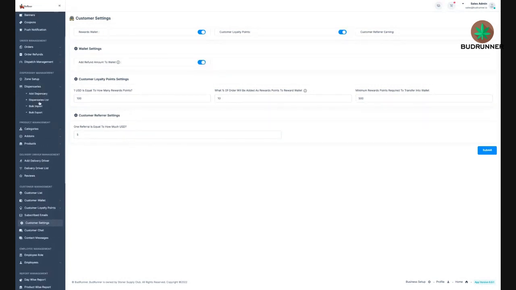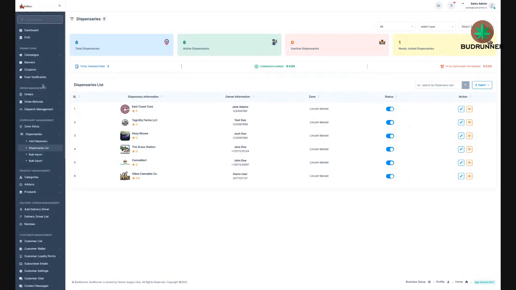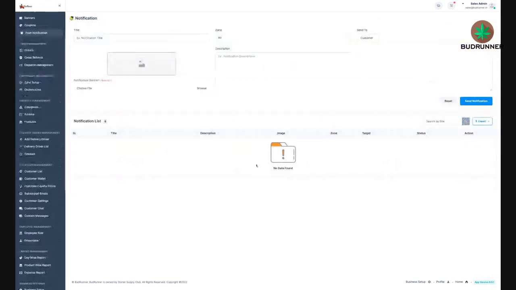So are you able to do push notifications through the map then too? Because obviously it's really like your order's on the way. I can send a push notification right here. I can actually right now see where it says send notification. I can put a notification title, like get a free pre-roll, Bangor Market, send to, we'll say, the dispensaries. So I can say,